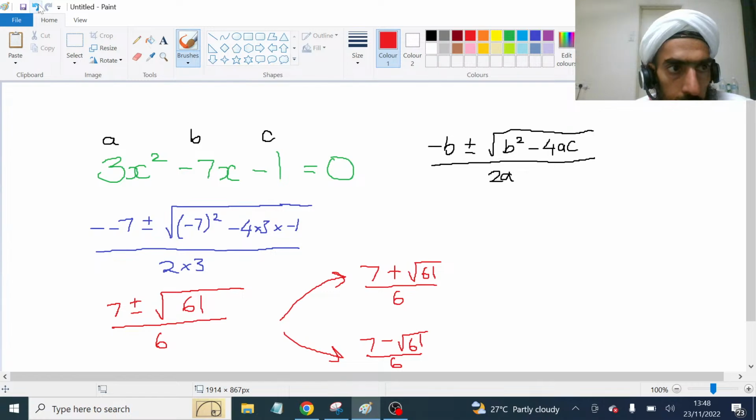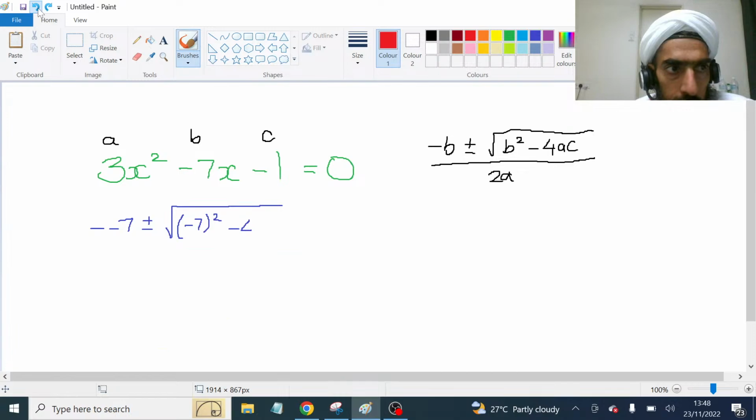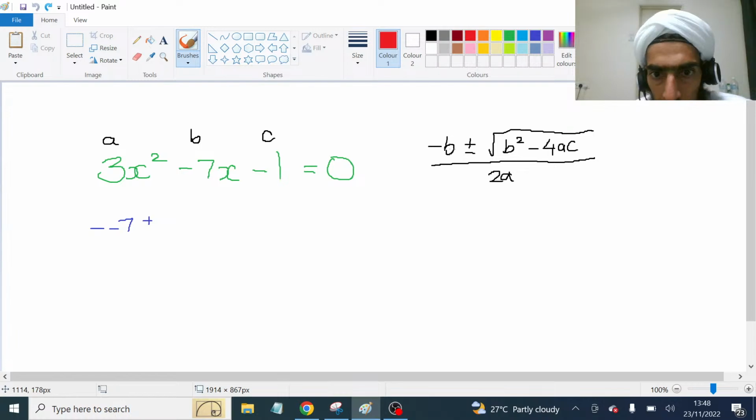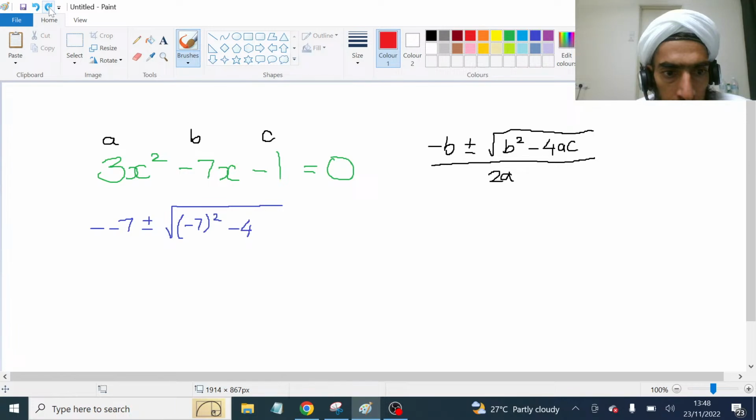So that's a quadratic formula. You should have hopefully seen it at GCSE, but just follow up by labeling the a, the b, the c. Then make sure you're familiar with the formula. Write it out with just the letters. And then just take one bit at a time, put the numbers in. So minus 7, then minus, and then all the b squared minus 4ac, then divide that by 2a. Then simplify, making sure